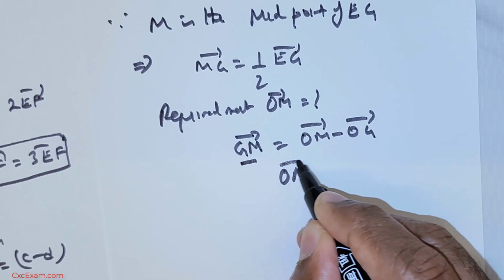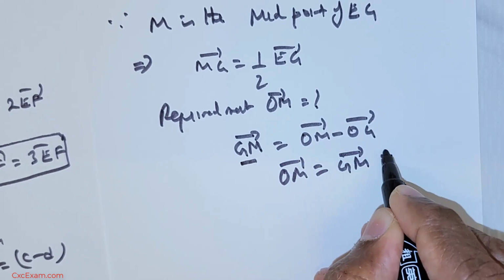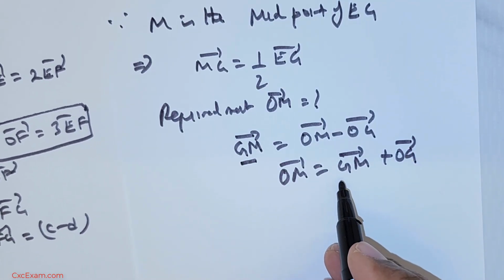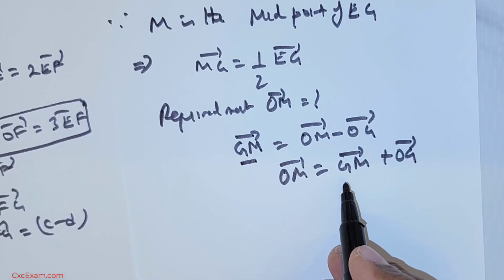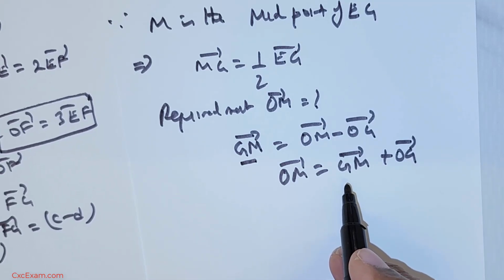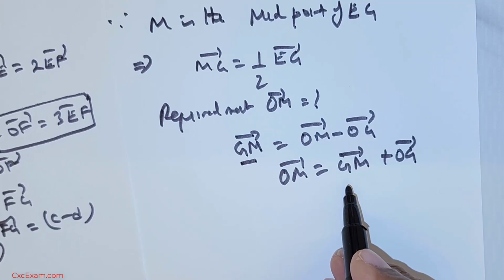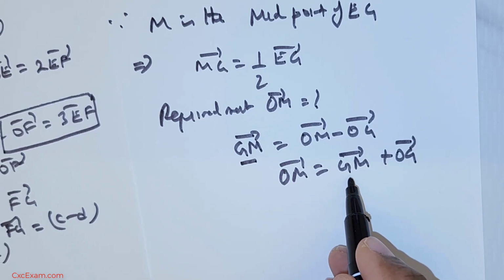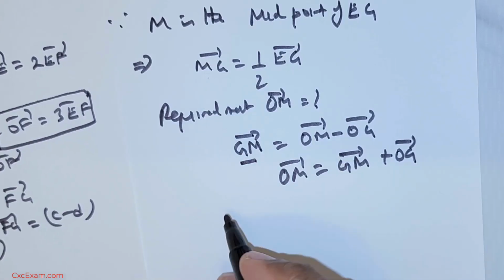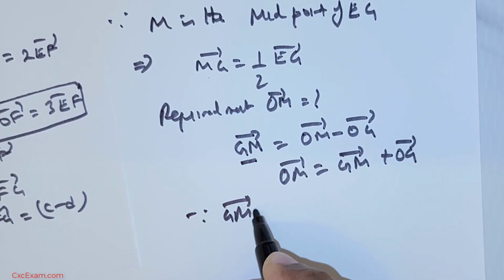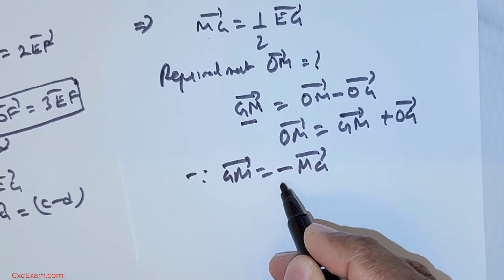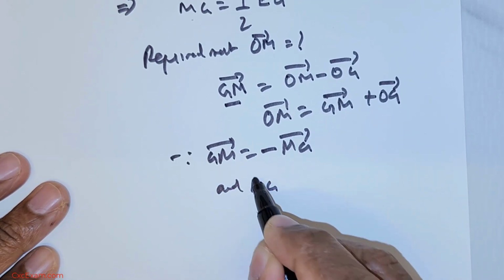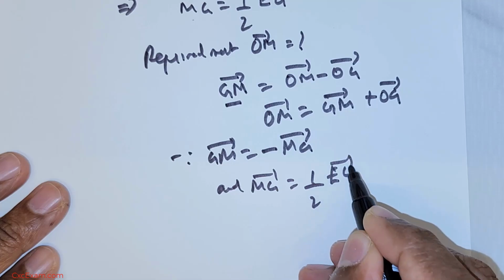So from here, OM vector is nothing but GM vector plus OG vector. Okay. Now GM is required. Do we have GM? That is the all important question that we will have to actually obtain. GM. We do not have GM, but we have MG. So since GM vector is equal to negative of MG, and MG is what? And MG vector is half times of EG,